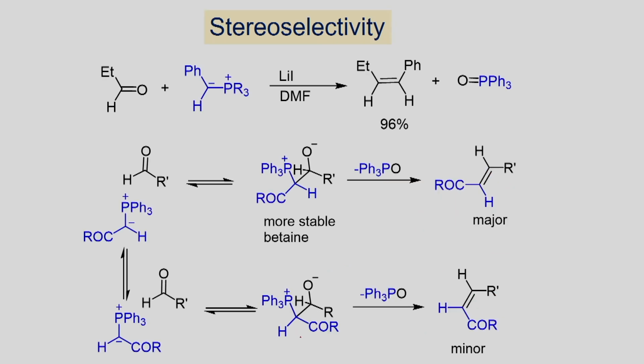Now let us look at the selectivity in the Wittig olefination. Just as we have seen, if you have the aldehyde and ketone, you can react it with the ylide and you can get the alkene as a product. When you go for the selectivity, whether you get the cis or trans alkene, let us look at the stabilized ylide. You have the carbonyl group, and the negative charge can be stabilized by this carbonyl group due to its electron withdrawing nature. This ylide is very stable.